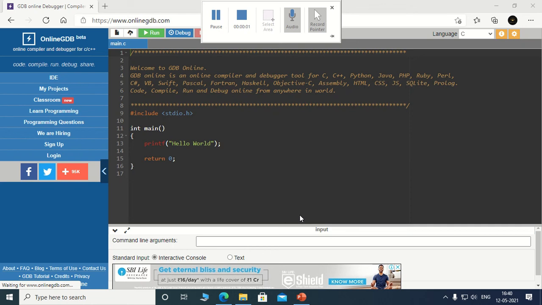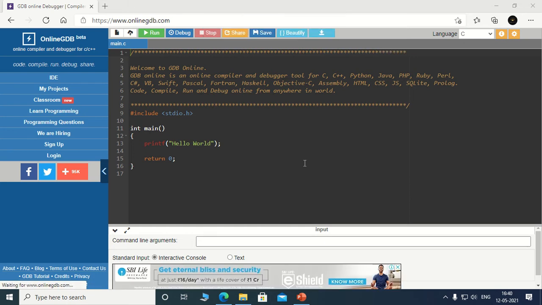Welcome back. In the previous video, we have seen how the fork system call works. The fork system call was creating a child process. We were doing some activity, and for that activity, like in the previous video, we just printed the hello world message, and because of the fork system call, it got printed twice.